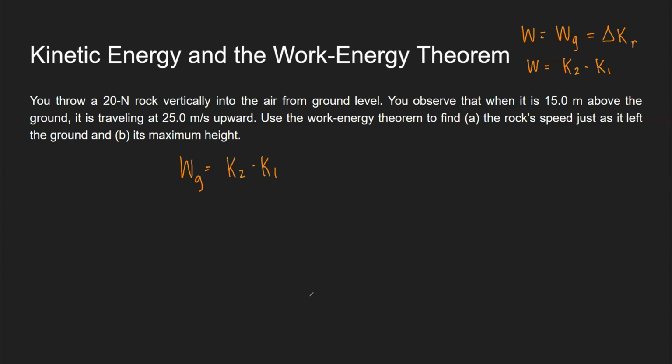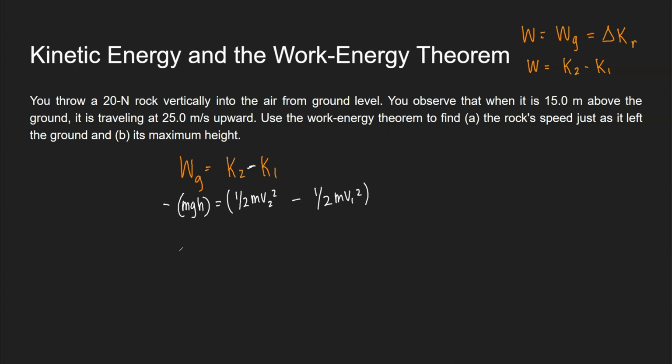We know that K2 is 1/2 mv2 squared minus 1/2 mv1 squared. And here, because it has to do with gravity, that is actually negative mgh equals. So from here, I can definitely get my v1,